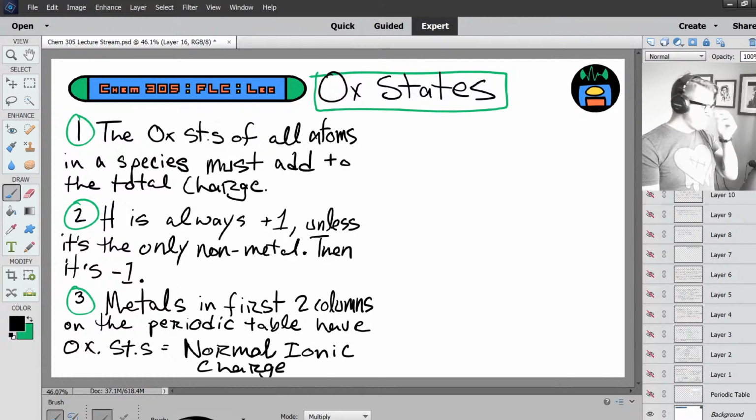All right, so if rule number 1 and rule number 2 aren't quite enough to get the job done, move to rule number 3. So, for example,